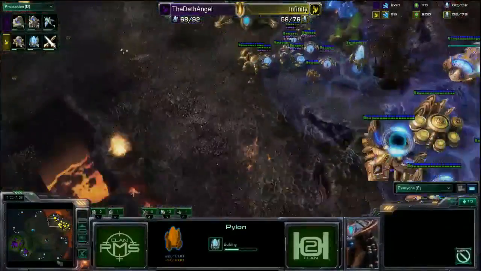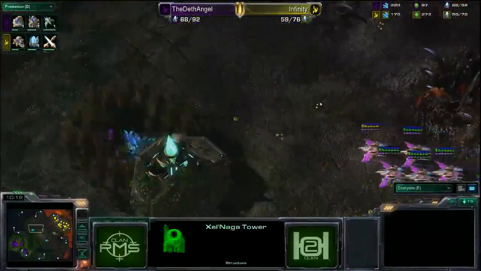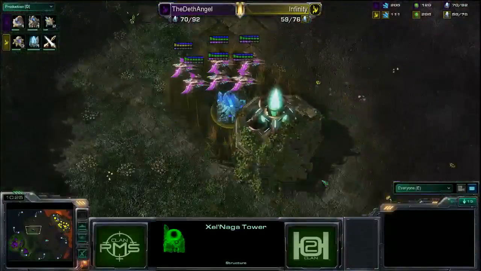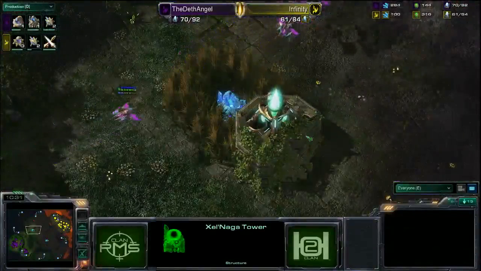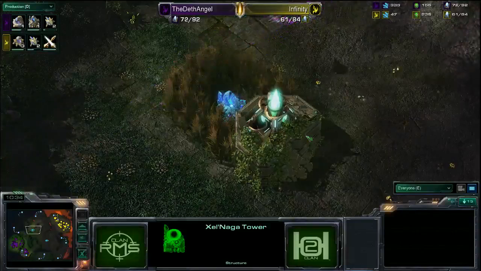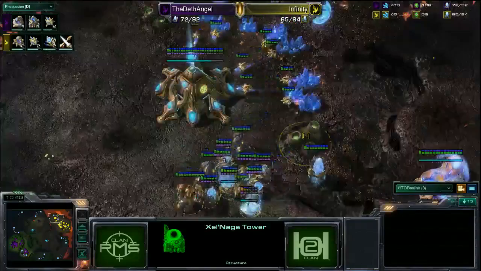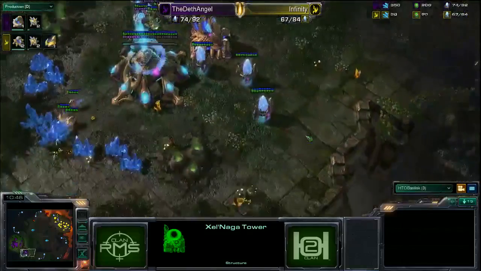Phoenixes are doing... Oh, there goes the probe at the red Zelnaga tower, so... The Zelnaga Gateway. Yeah, I guess it is the Zelnaga Gateway. So now these Phoenixes can really... 7 on the field now. Can keep the Protoss... Infinity, the yellow Protoss, in his base right now, and he's going to be safe to expand and just probe up and...